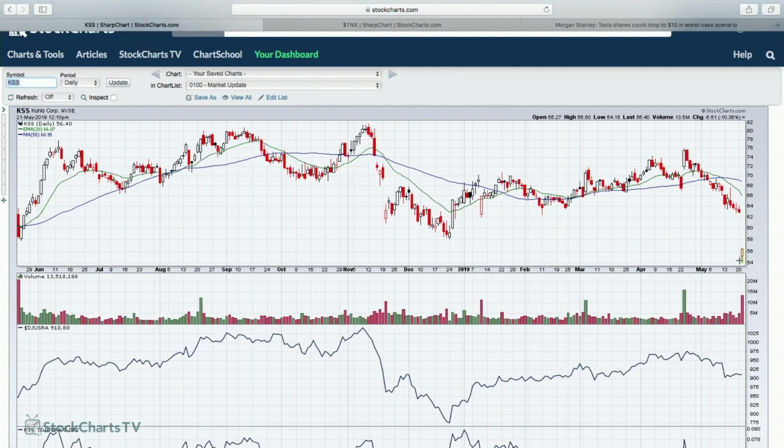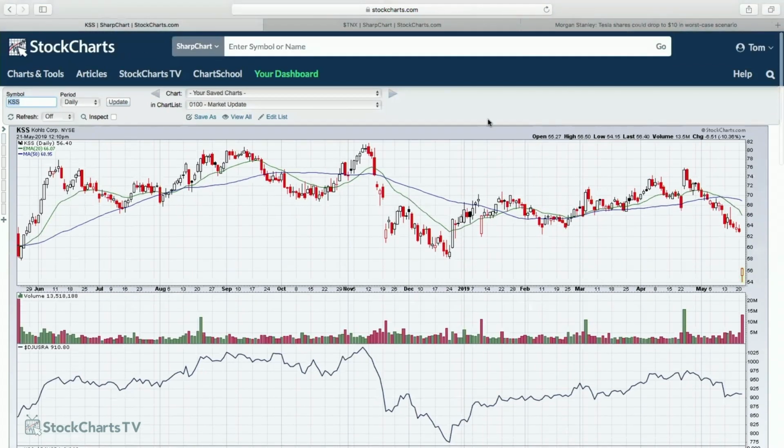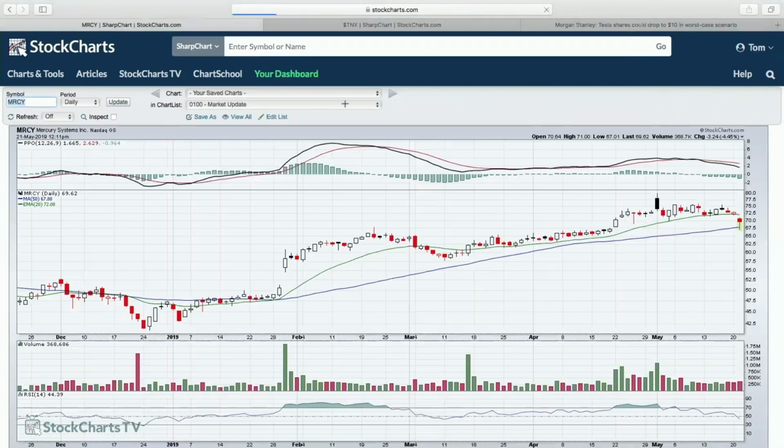All right. A couple of other things I want to mention before we get into upgrades, downgrades. A trader's worst nightmare, one of my worst nightmares: earnings I can predict. So I know when the earnings are going to come out, so I don't have to stay in. I don't have to have that kind of risk. But when you get this kind of risk, MRCY,